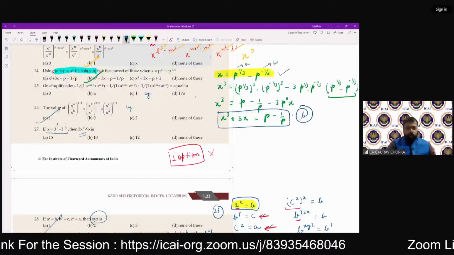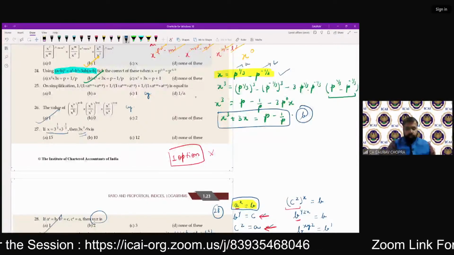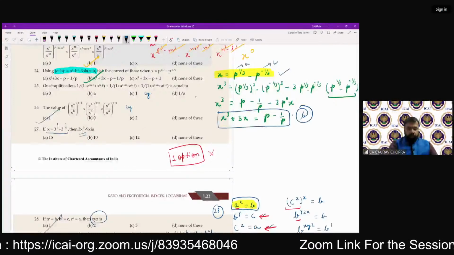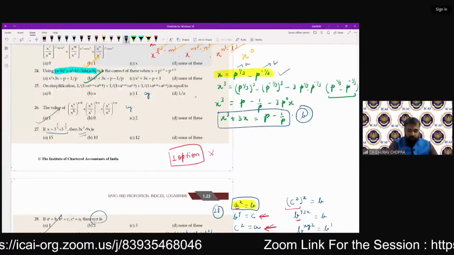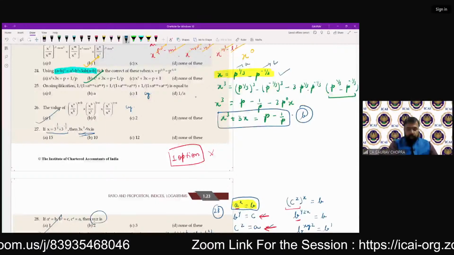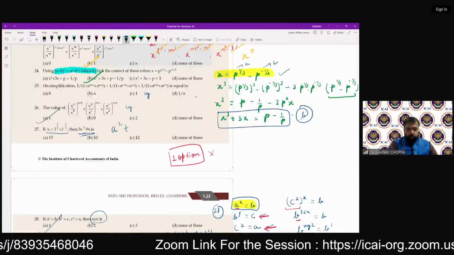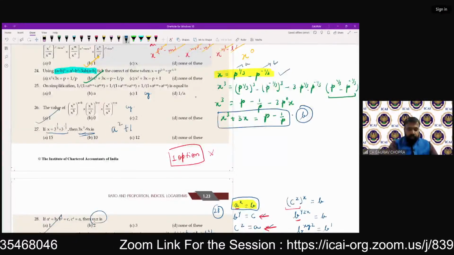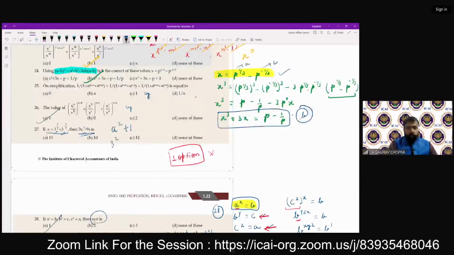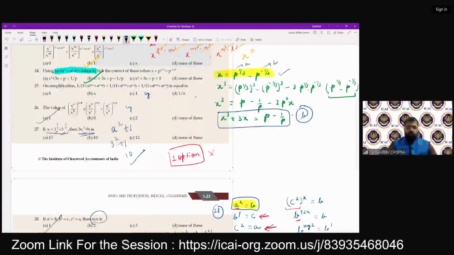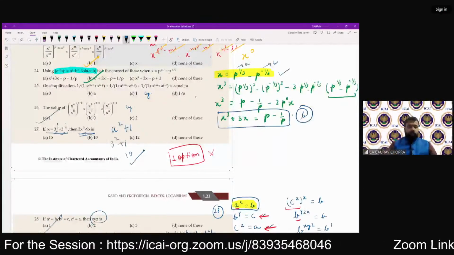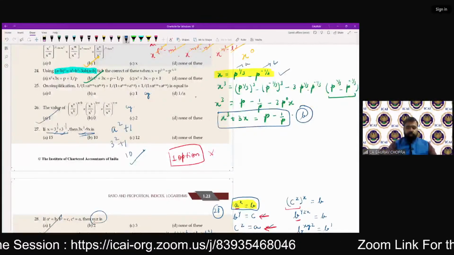Also there is one shortcut which is available here. That is 3 power 1 by 3 plus 3 to the power of minus 1 by 3. And when this kind of thing is required, the shortcut method is simply a square plus 1. What is a here? Basically, everything is written in terms of 3. So 3 square plus 1, that is 10. So this is the shortcut which was available here. Otherwise, you can solve by taking cube on both the sides.